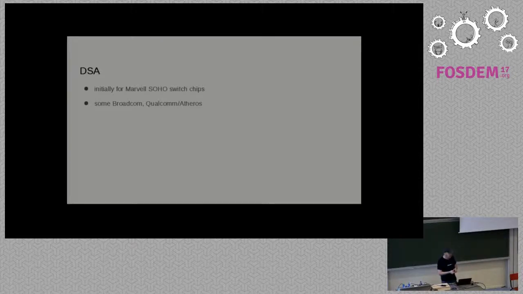So there's lots of room there, but the DSA subsystem, and this is very, very new, it exposes all the ports that it has access to the kernel. That means if you have a SOHO router running a mainline kernel with a DSA supported switch chip in it, and it has, say, 5 Ethernet ports, you get eth0, eth1, 2, 3, 4, right? So you get actual 5 ports. You can put different IP addresses on them, and then just use them as a router. That way you can bridge them together